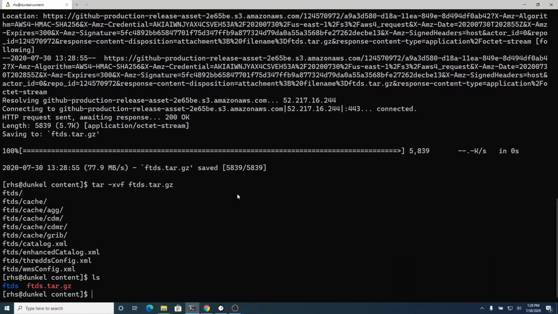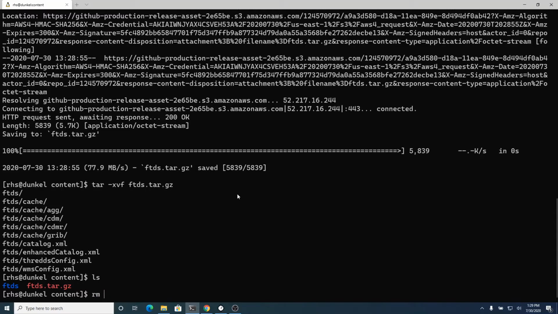So expand that, makes a FTDS directory. That has to be done as the first step before you do any of the other installation steps, because that has to be in place when the internal LAS Ferret Threads data server starts up.